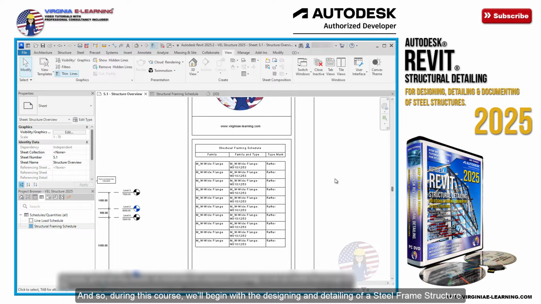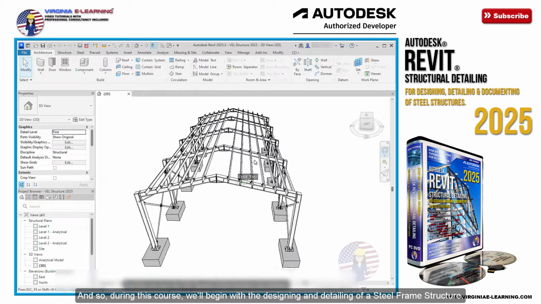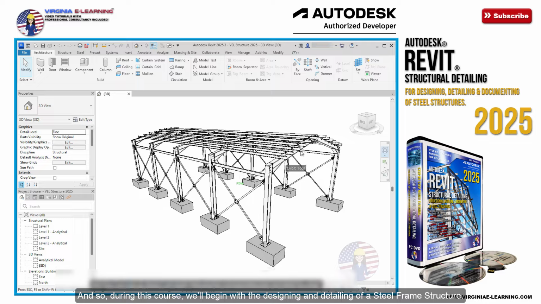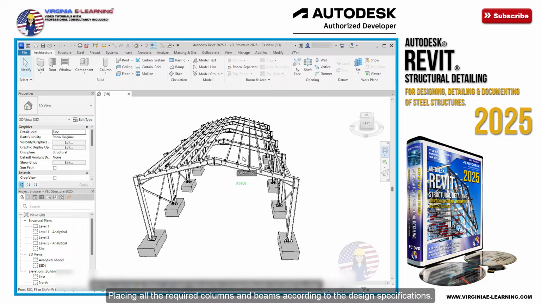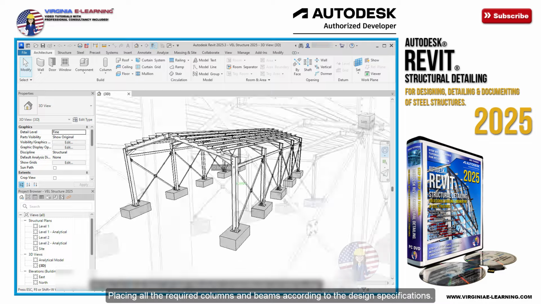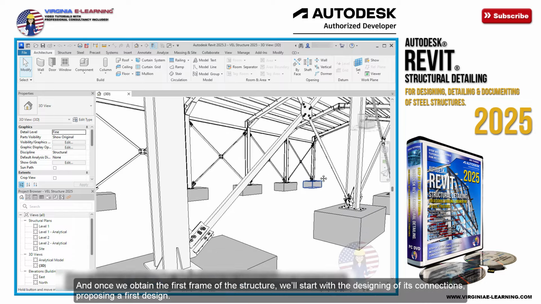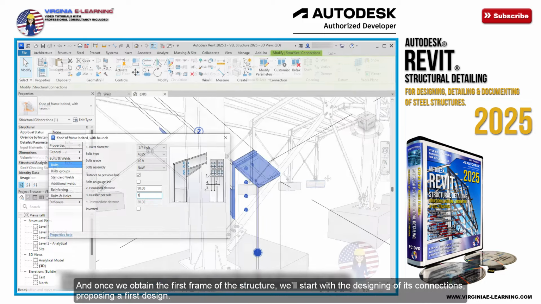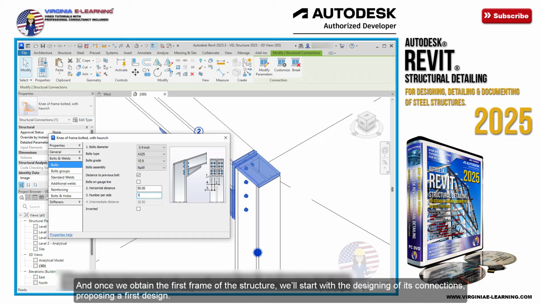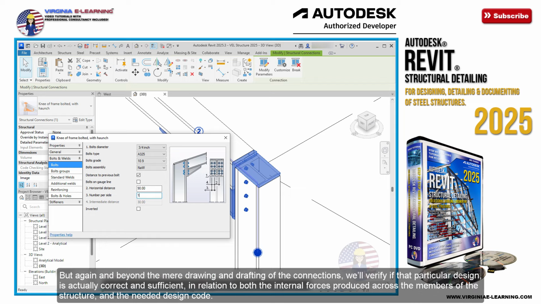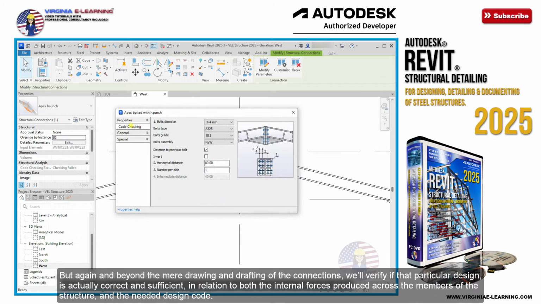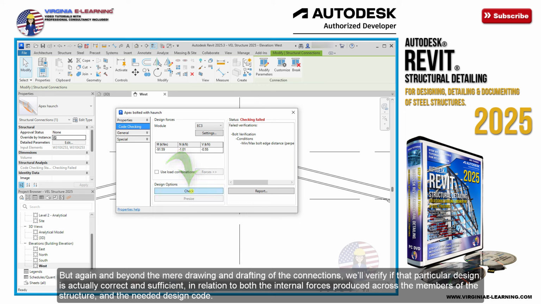And so, during this course, we'll begin with the designing and detailing of a steel frame structure, placing all the required columns and beams according to the design specifications. And once we obtain the first frame of the structure, we'll start with the designing of its connections, proposing a first design. But again, and beyond the mere drawing and drafting of the connections, we'll verify if that particular design is actually correct and sufficient in relation to both the internal forces produced across the members of the structure and